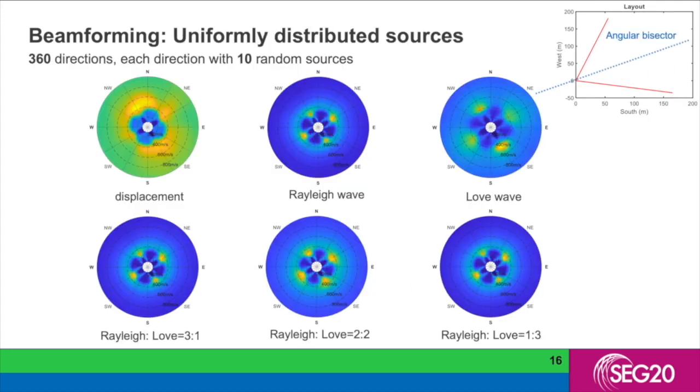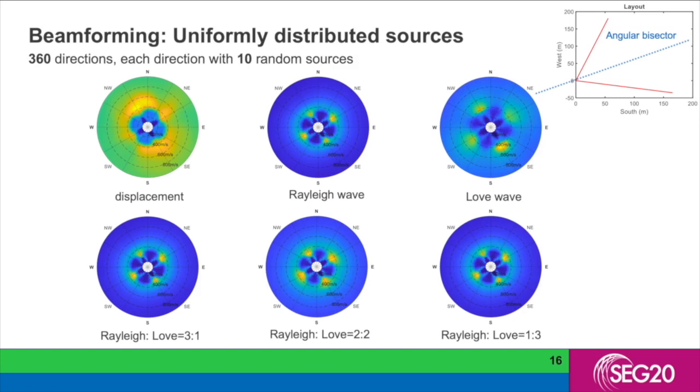If the sources are uniformly distributed, the beamforming spectrum will highly depend on the geometry of the receiver array. For the vertical displacement, it requires more energy from the sources perpendicular to the angular bisector of the two legs. For dust ambient noise, beamforming can only detect the signals coming from the directions along the angular bisector and perpendicular